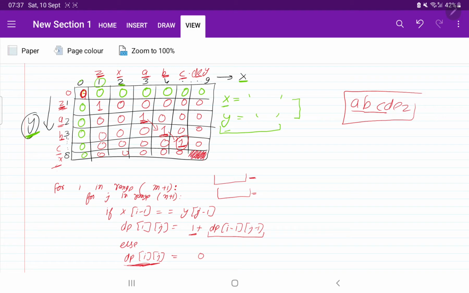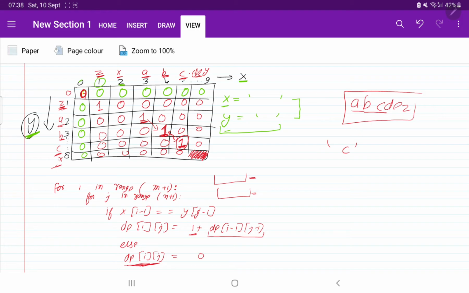Once we reach here, we will see where we are getting this 1. Suppose we are at this position and the elements are common, we are going to store that element, c, then we will move one step backward. Again we check if the elements are common, then we add that element.